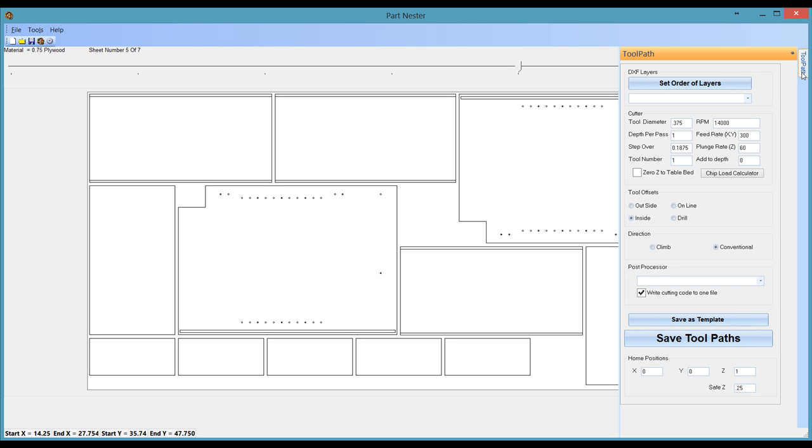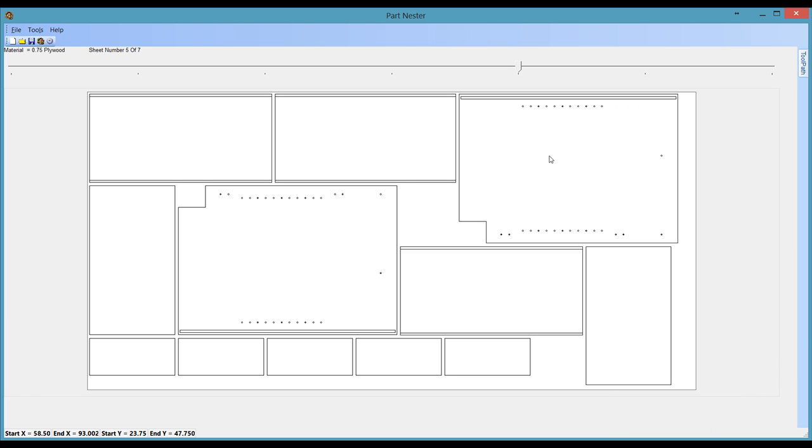tool pathing versus Cabinet Parts Pro's built-in tool pathing, we could just copy our nested sheets and use Vectric's ability for the toolpath templates to create our toolpaths and calculate. So go to Tools,